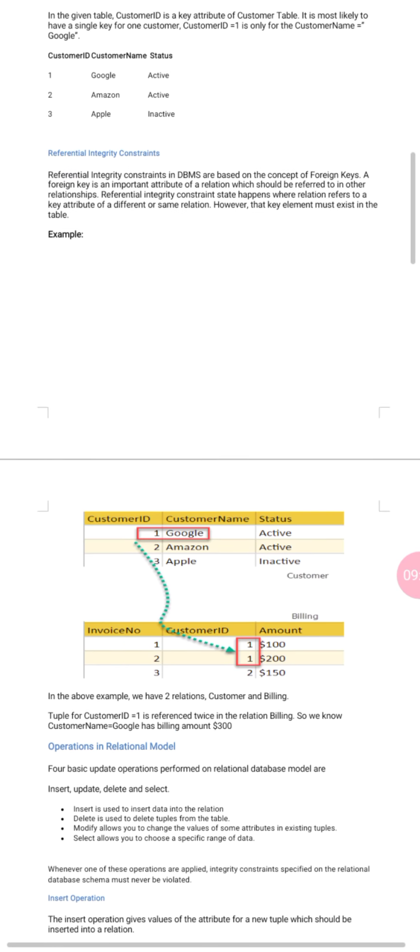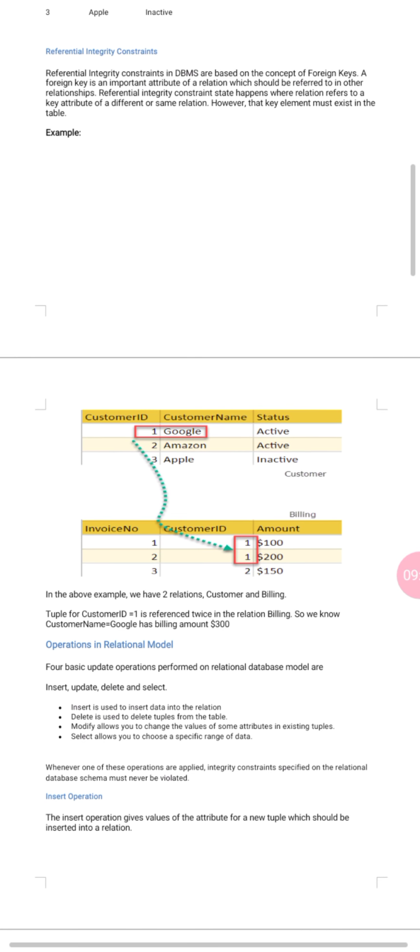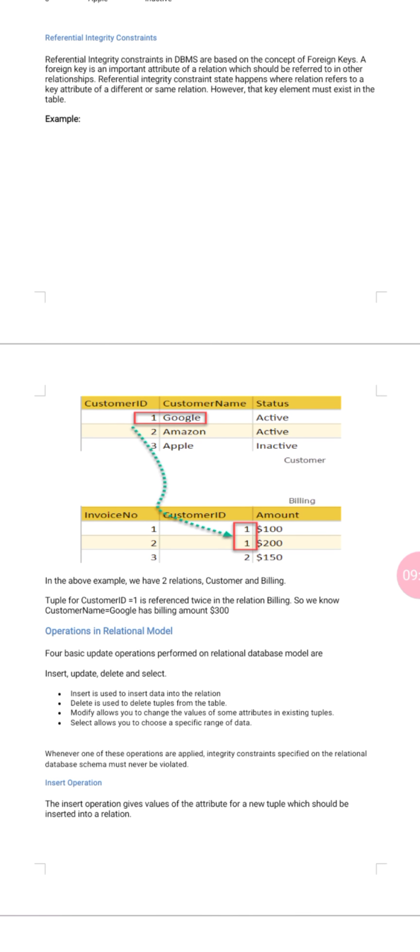Okay. Now the referential integrity constraint. Referential integrity constraints in DBMS are based on the concept of foreign keys.